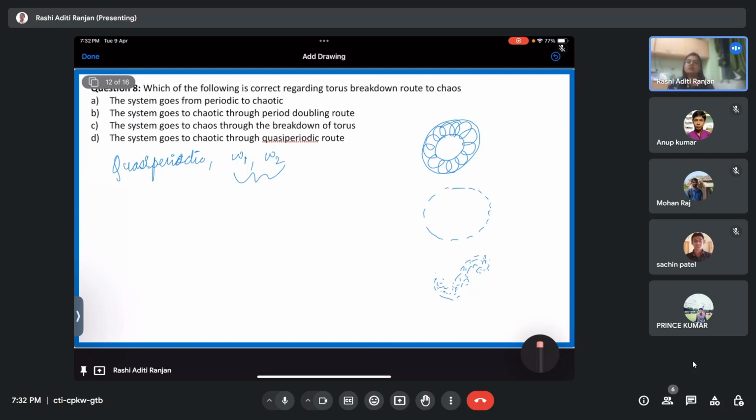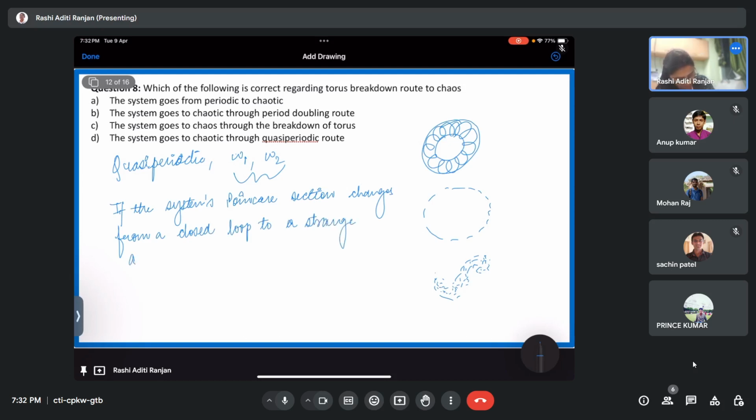So, the system goes to chaos through the breakdown of torus. Yes, it is going to, because see, if I just write it down also: if the system Poincare section changes from a closed loop to a strange attractor with the variation of parameter, then the system has gone through